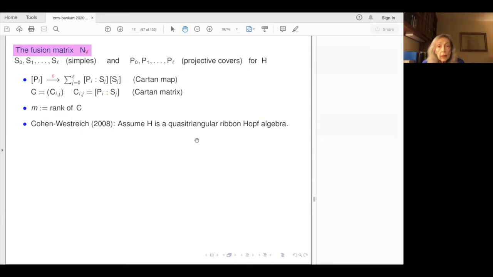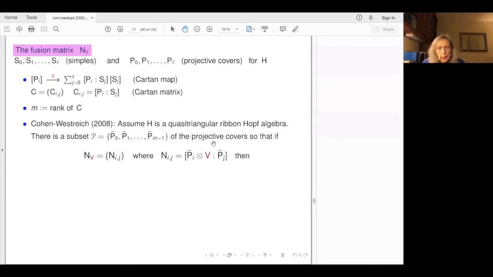They assumed a lot on the Hopf algebra. They assumed it was quasi-triangular and had a ribbon element. And what they showed was that there's a subset of the projective covers, M of them, which is the rank of this Cartan matrix. And you can form a matrix using